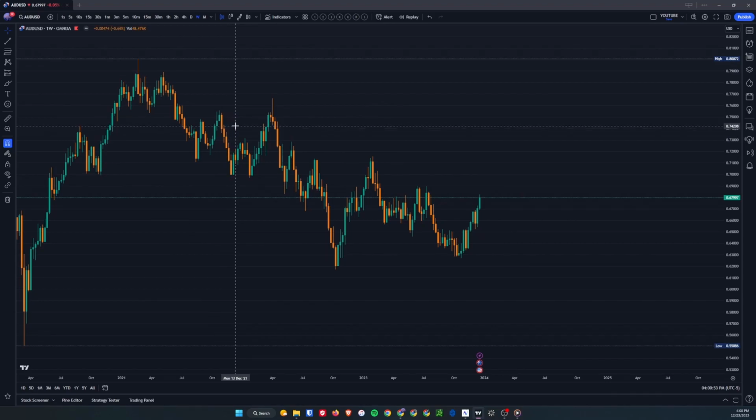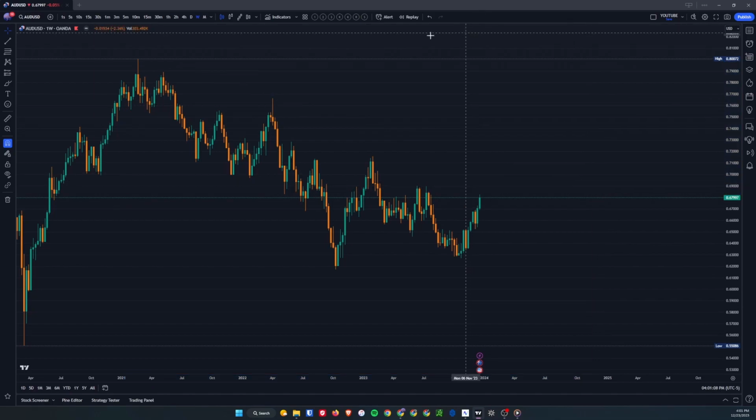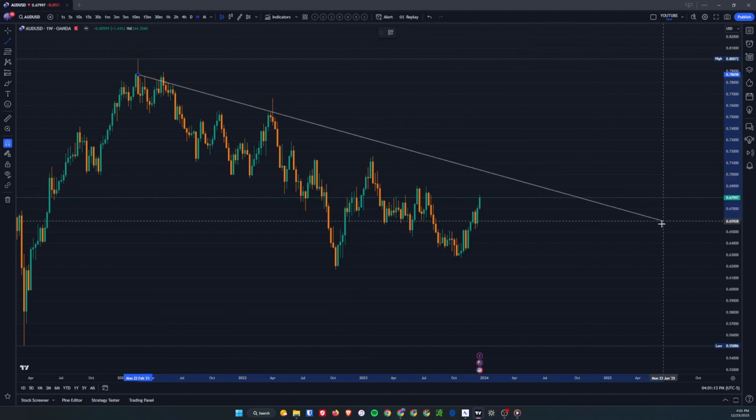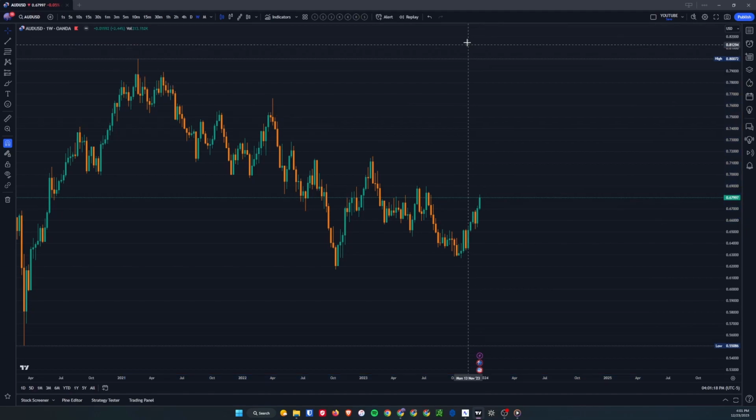And the one thing you have to realize with drawing trend lines is that it's sometimes slightly subjective, because some people might choose to draw wick to wick like me. That's what I found works best for me. But some people like drawing from the middle of the candle body to the middle of the candle body. It really just all depends on you, and you kind of have to go through your experience trading and understand what works best for you and what is most comfortable for you, because everybody interprets their data and their technical